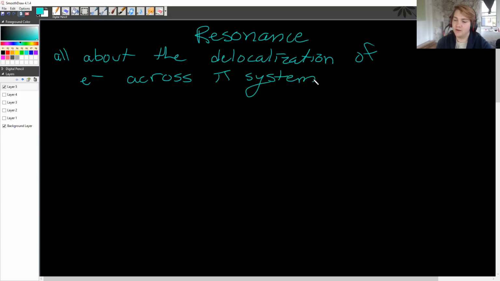Whoa, that's a lot of vocab words. What does that all mean? Well, I'll tell you. What this is basically saying is that when you look at a bond, remember that there